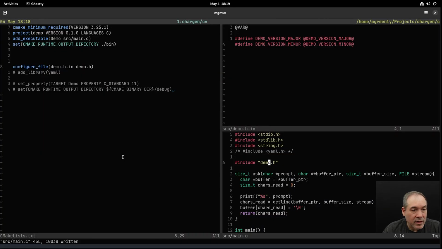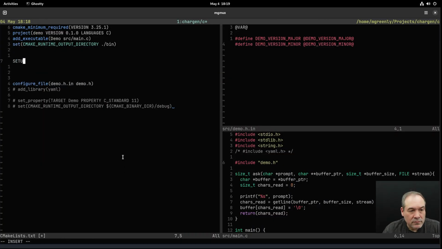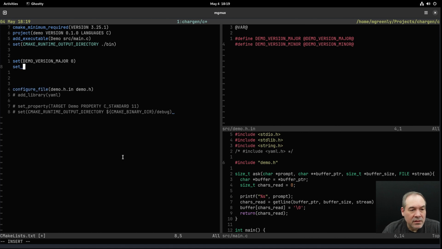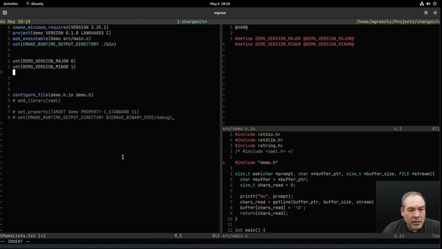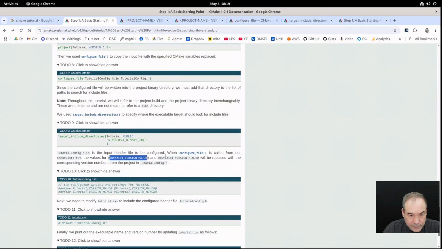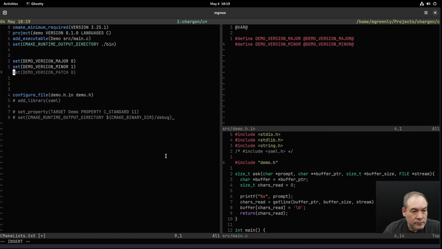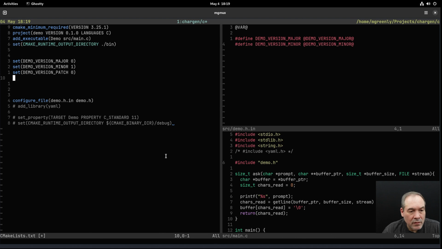So what we end up writing is set demo version major 0, set minor to 1. Is it set demo version patch to 0? Okay, and so